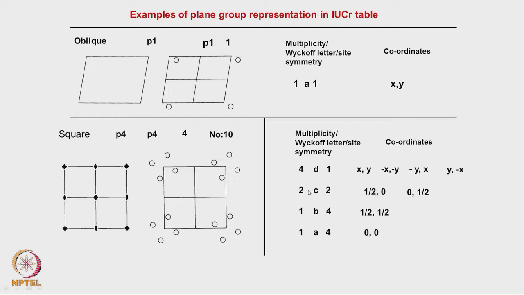Or I can put it at this point, okay. If I do that, the positions where I can do it is half 0, okay, that is in this case x is half, y 0, similarly 0 half. In these 2 points also if I put, they will also exhibit the 4-fold symmetry, right. And then general point, anywhere you put it, not at any of the special lattice points, if you put an atom, then also the 4-fold symmetry will be satisfied, okay.